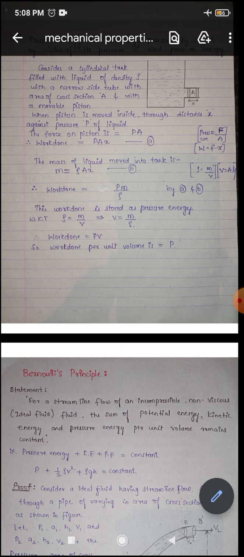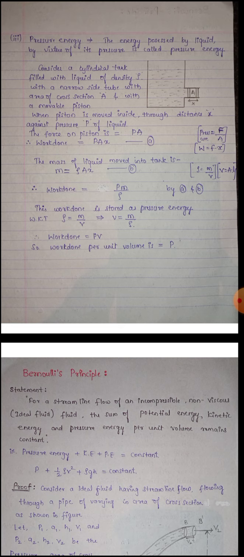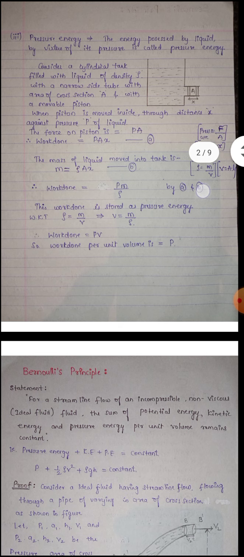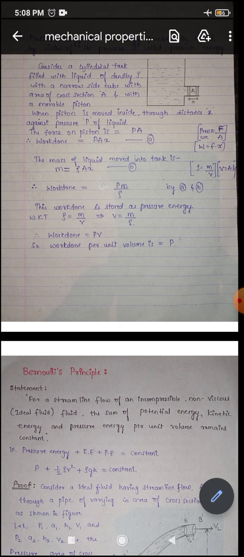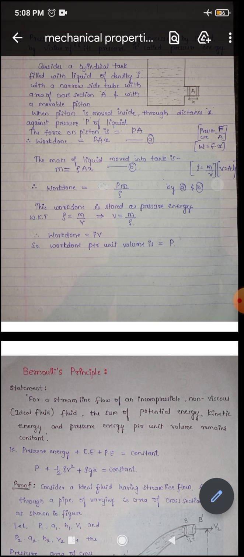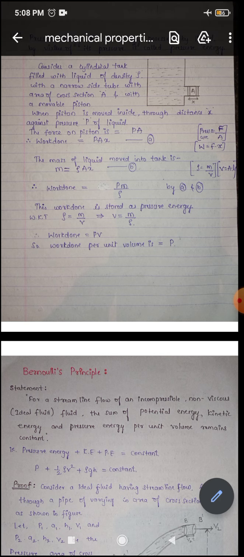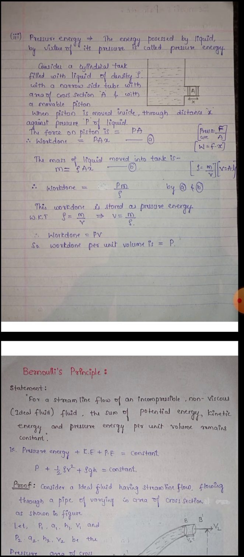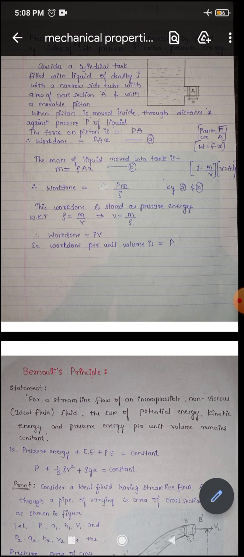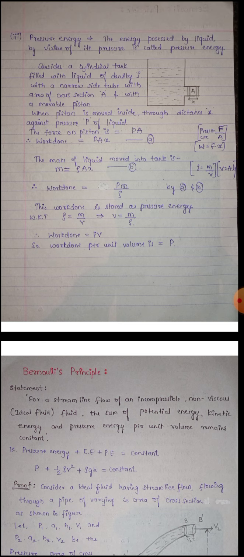The density of the liquid we know, and we know the volume. By this equation, density is equal to m divided by V, that is mass divided by volume. We are going to find the mass value. Then mass will be equal to density into volume. We know the density of the liquid, that is ρ, and we know the volume of the liquid, that is,